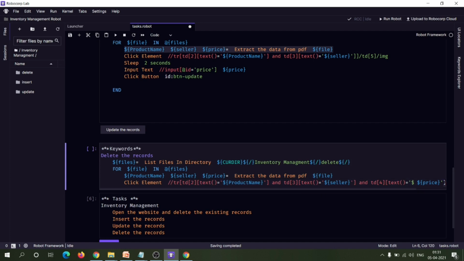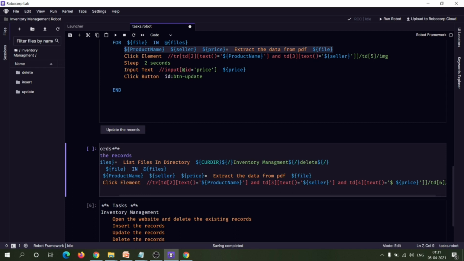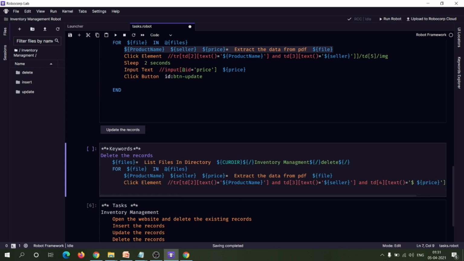After clicking the delete button, we are deleting the record. So that is the main aim of our step. We are completing one operation for one file.